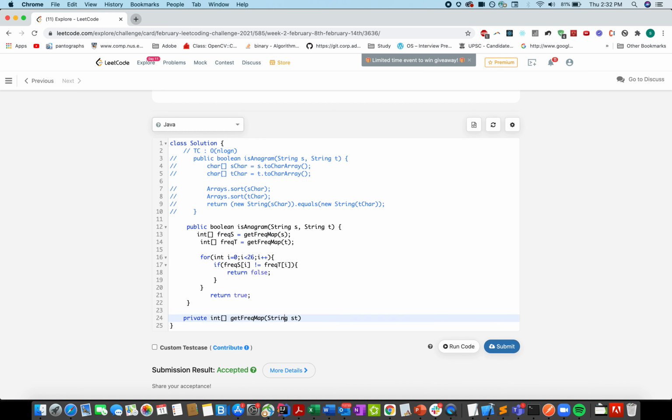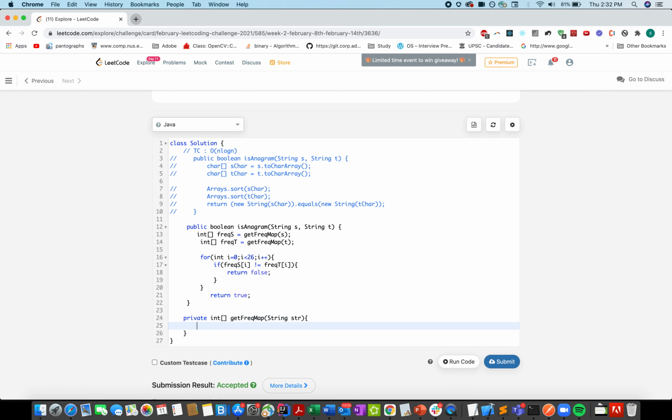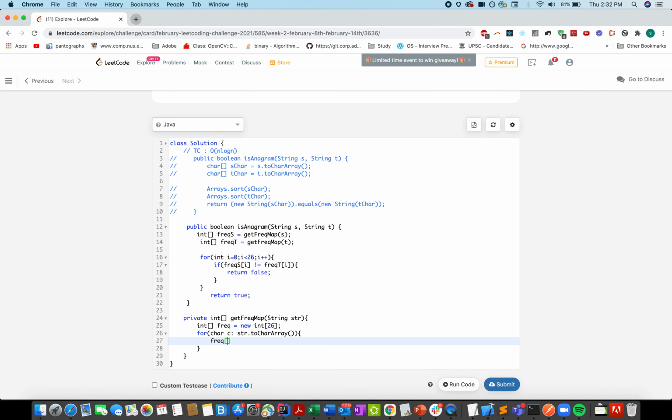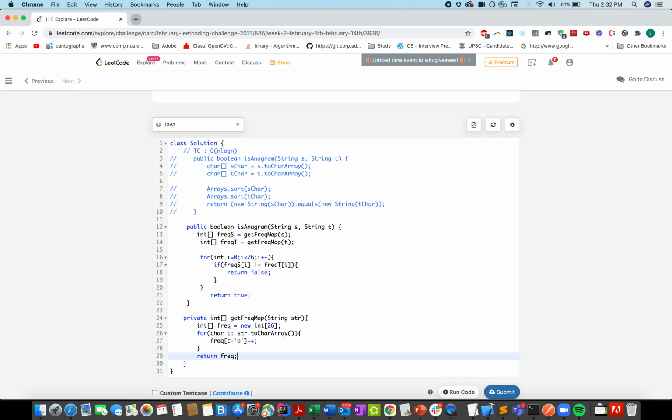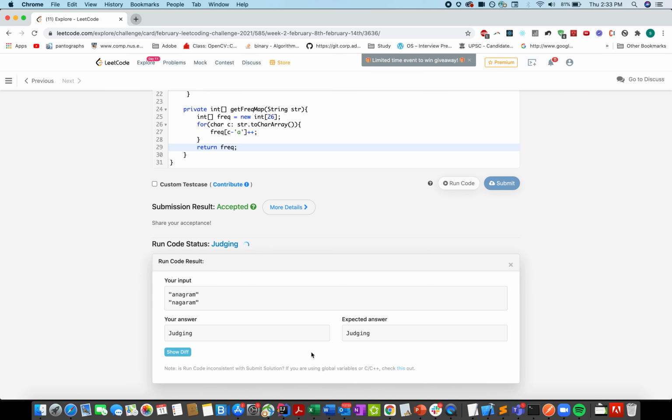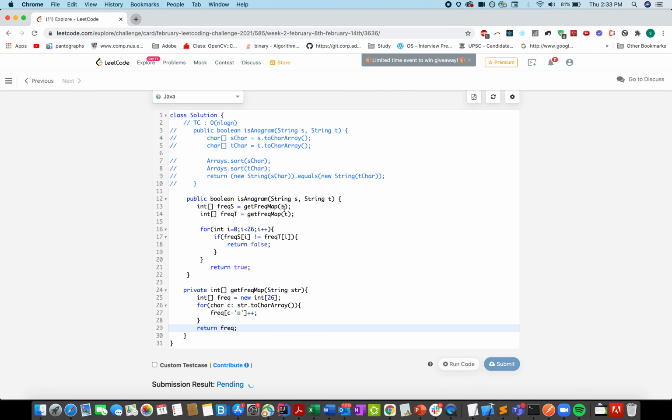For each char c in str.toCharArray, frequency of c minus a plus plus, and return frequency. Looks good. Let's try this up. Passed. Let's submit this.